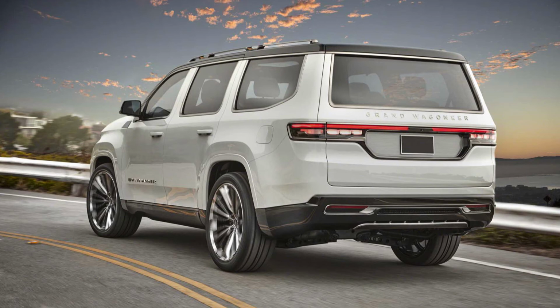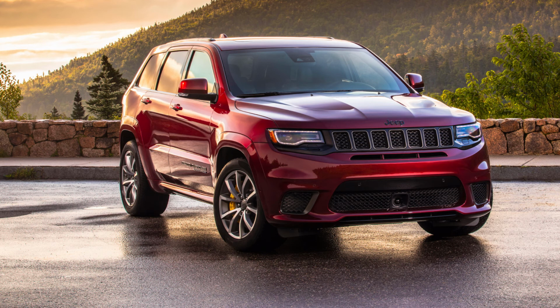So overall, I think that SUV should be pretty interesting. In terms of pricing, do I think it's a bit much? Do I think it's a bit expensive for a Jeep? I don't know. If they're targeting a Range Rover, I think it can make sense. I think maybe they can make it a little cheaper, right around maybe like $80,000. But again, Jeep also does offer another SUV that's close to that $100,000 price range, the Grand Cherokee Trackhawk, and